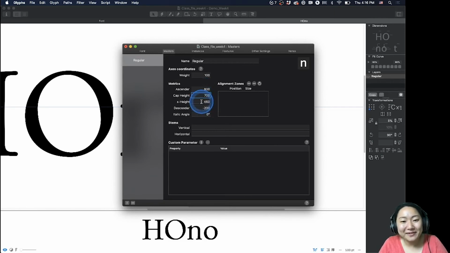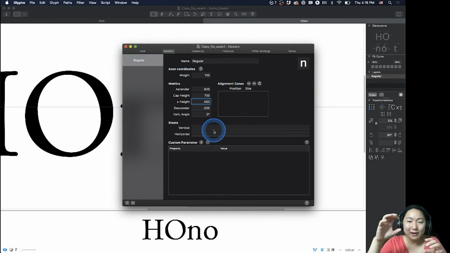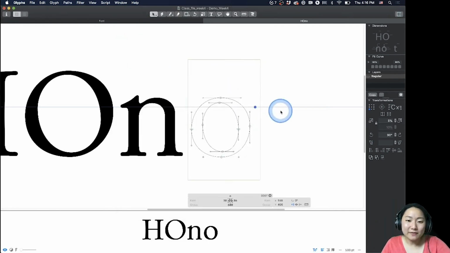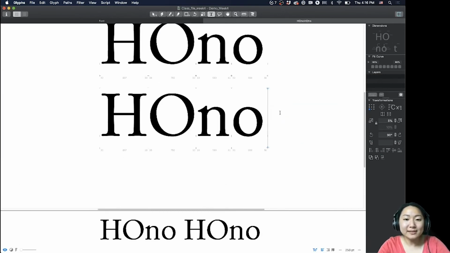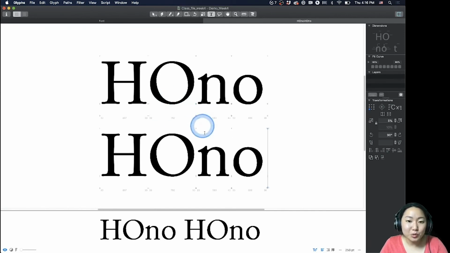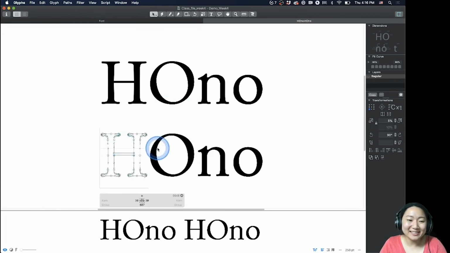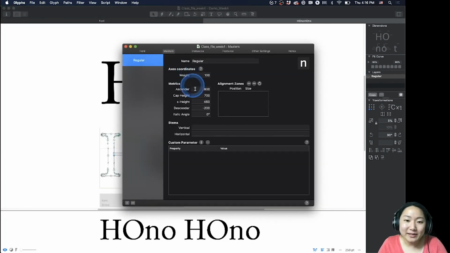For example, if you have the X height at like 1,000, the chances are if you really design it to be that way, every time you type and press enter, it might overlap. Right now, if I type another row of HONO right here, you can see that there is a certain amount of space between the lines. But let's imagine for some wild reason I make the cap height 1200, for example.